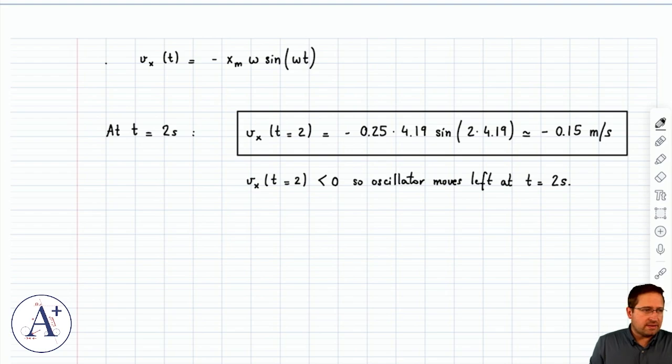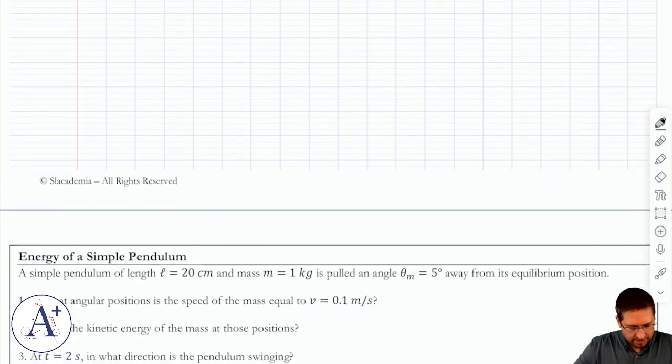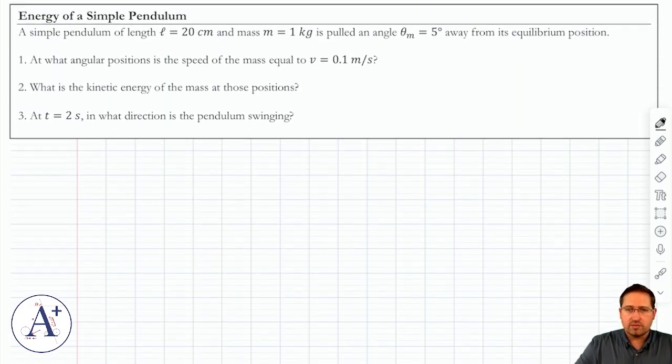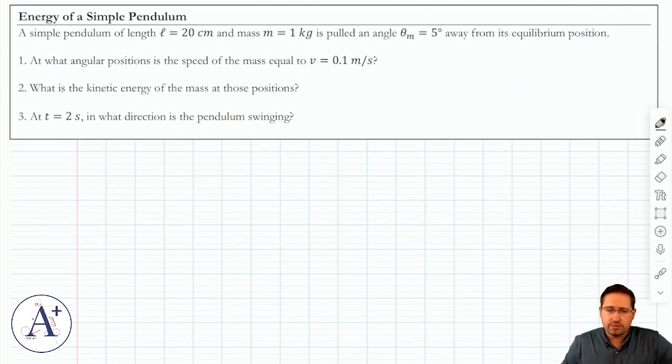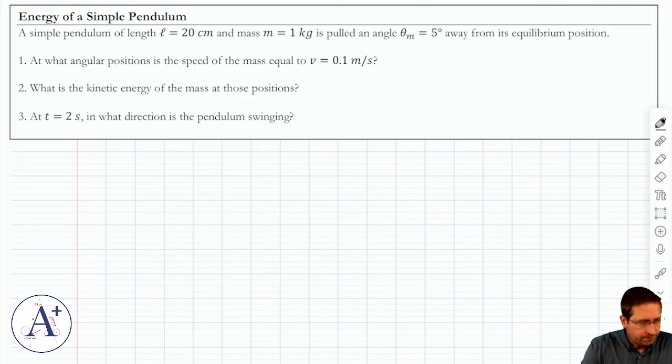Okay, let's look at this problem now. And I did one of each, right? The mass spring oscillator and then the simple pendulum oscillator. Okay, so